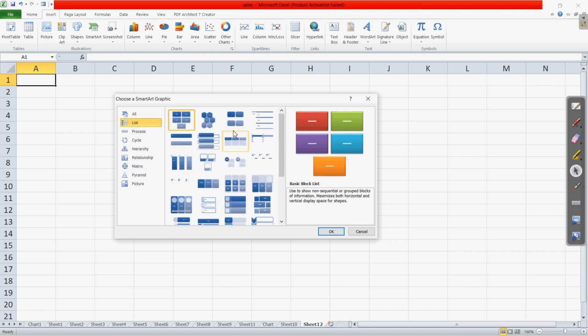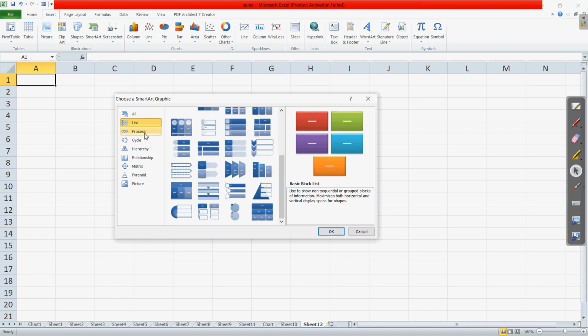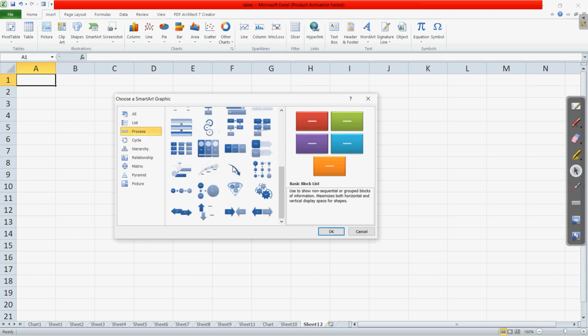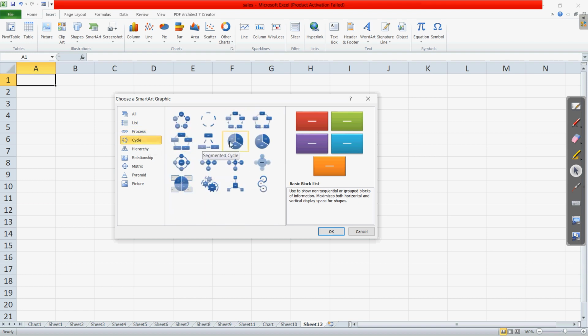If you want to make any list, these are all the different options. Then process: if there is a process with multiple steps, you can choose any of these. Cycle, according to the type of information which you want to present.